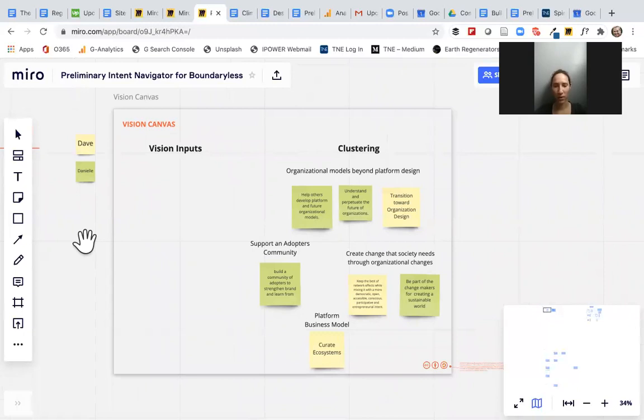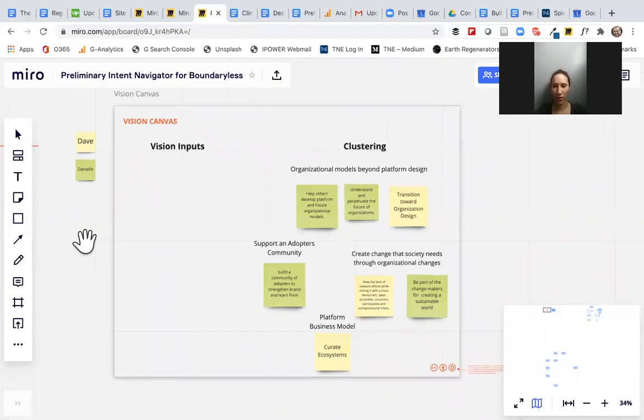It's a silent brainstorming activity where people put sticky notes in around what they think part of the vision is of what they're working on. Then it becomes a clustering discussion where you put similar thoughts together. And then as a group, you're a little bit more aligned to what people are interested in working towards and where they see themselves and the group going.